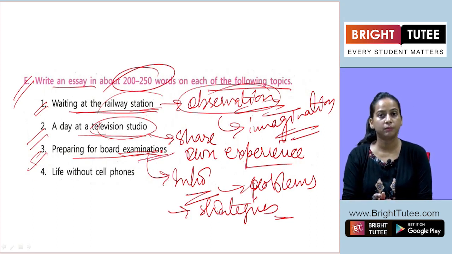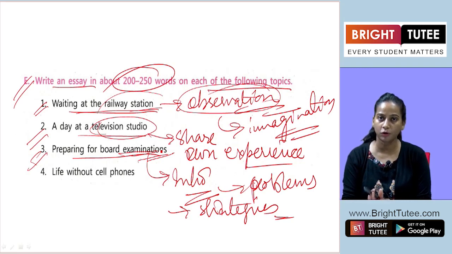Finally, you will mention that tomorrow I have my first board exam, or whatever way you would like to finish. That is going to be a concluding paragraph, where you can mention what kind of feelings I have, that anxiety is there, whether I'm very nervous or very excited. So all those things are going to be in the concluding part of your essay writing.